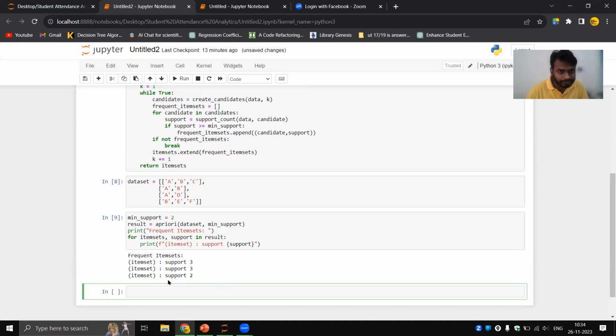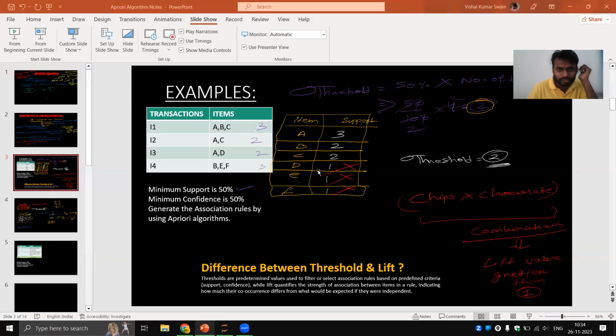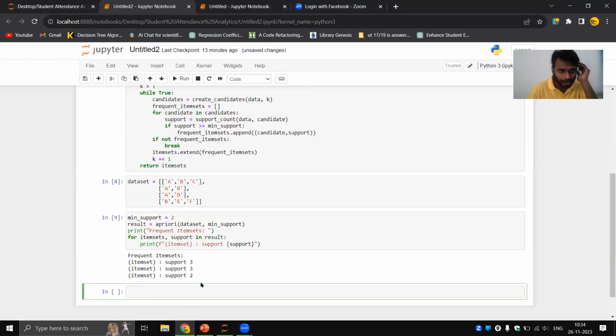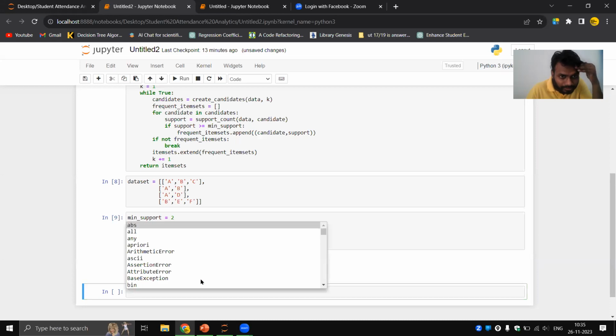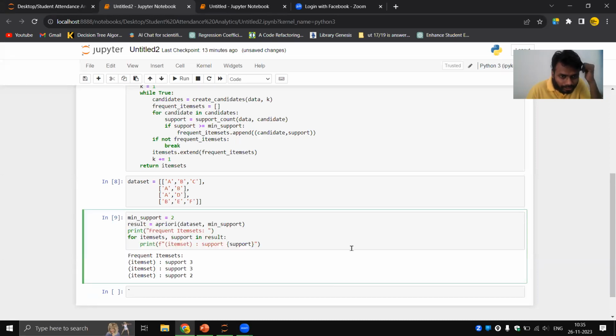Is it clear? So here the item set support 3, 3, 2 is there. So frequent item set is what? 3, 3, 2. So let's wait. So 3, 3, 2 is coming. Okay, so there is some error part there. So let me just verify. Where is the error part?